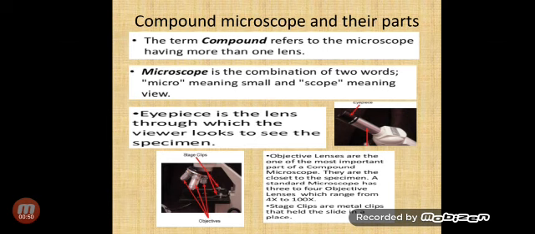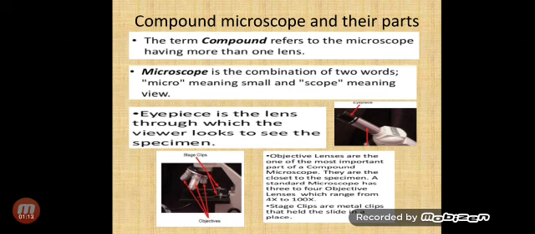In this slide on the right side you can see a small picture where you have a silver pipe-like structure on top of which you have a black nozzle-like structure, and this is called the eyepiece. This eyepiece is generally found on the head of the microscope, and it is the place where the viewer will place his or her eyes in order to view the specimen slide.